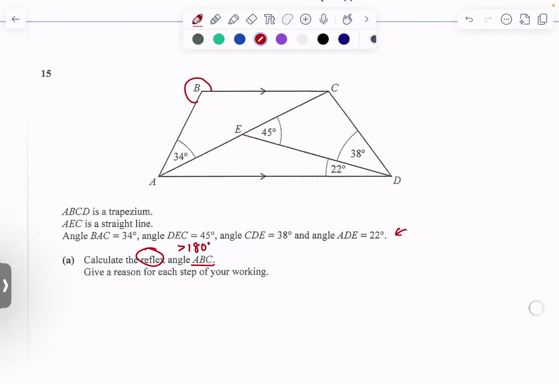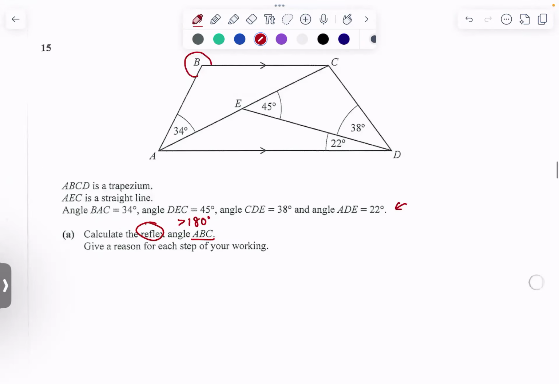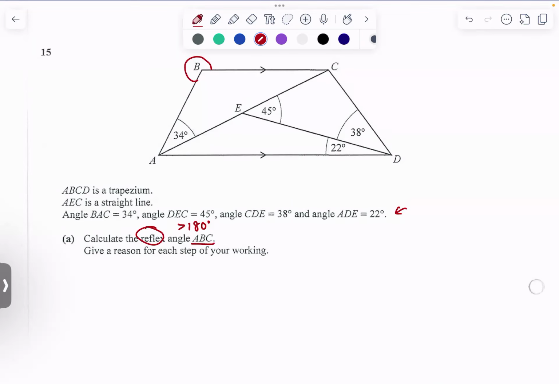So if you see that your final answer for part A turns out to be less than 180, please double check your working and see maybe you have missed out somewhere or something has gone wrong. So yeah. Okay, so they want you to find reflex ABC, and in order for you to do